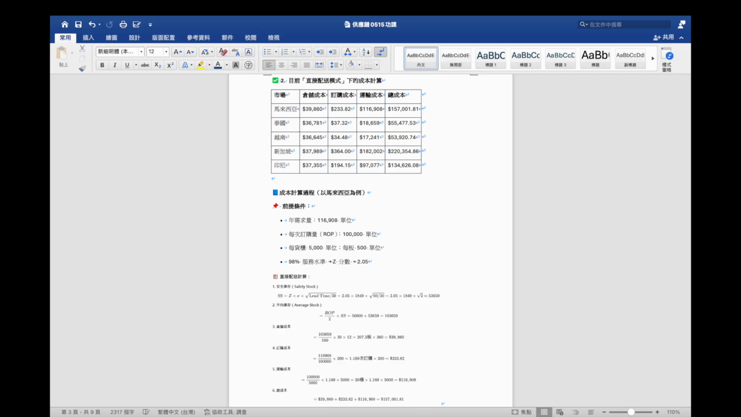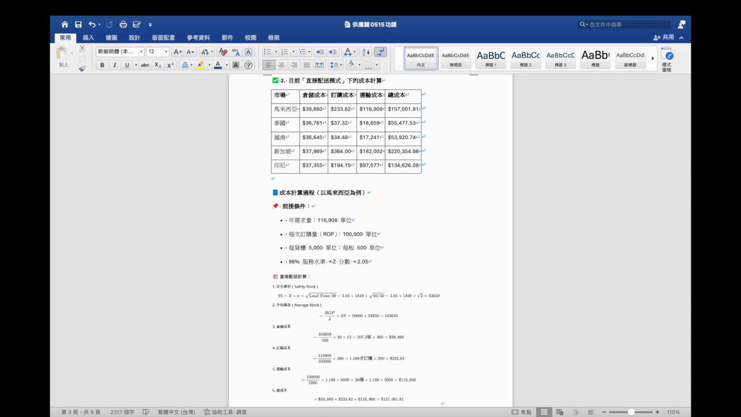Second, we talk about correct cost calculation under the district delivery model. This table shows some products. Now we use Malaysia as an example to introduce the cost calculation process. First, we can see the condition for Malaysia. The annual demand is